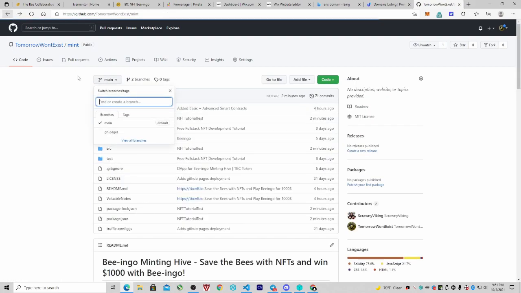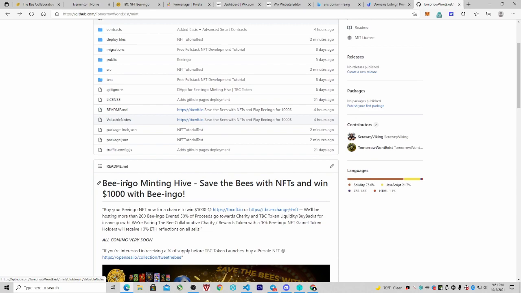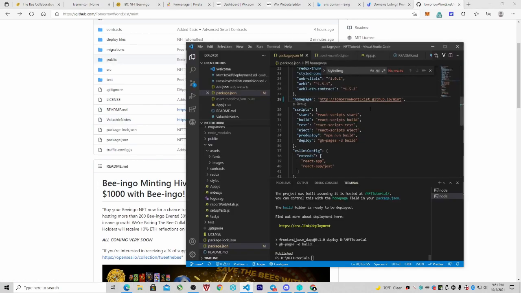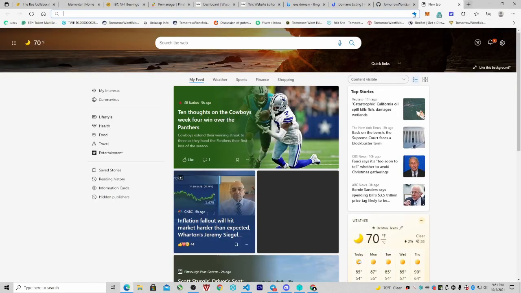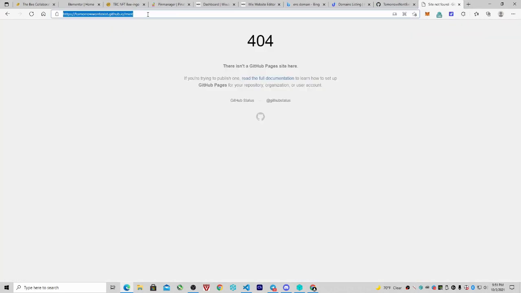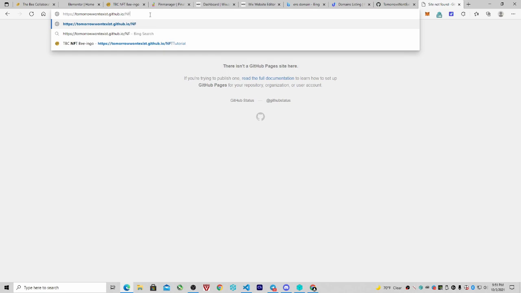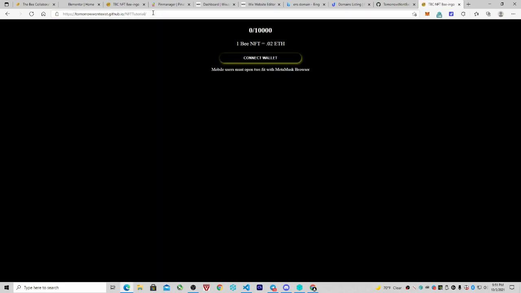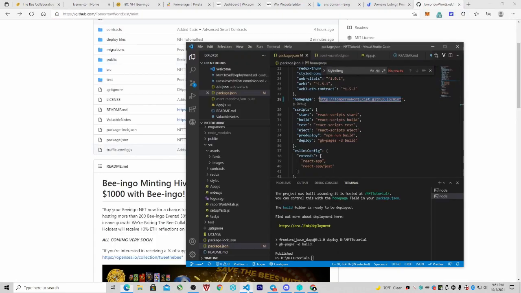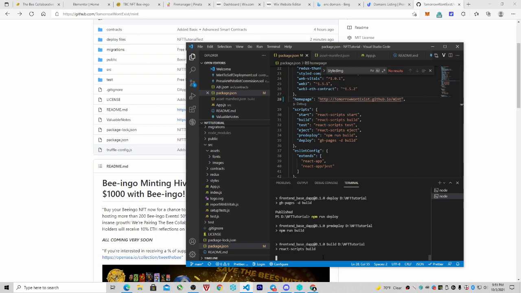And that's really easy to change. It's not a big deal. I just kind of wanted to verify it, but let me see if it even worked. Probably not. That's 404. Now if I put NFT tutorial, it did work. So let me go back into here, change that to mint, hit save, back, rerun the deploy,